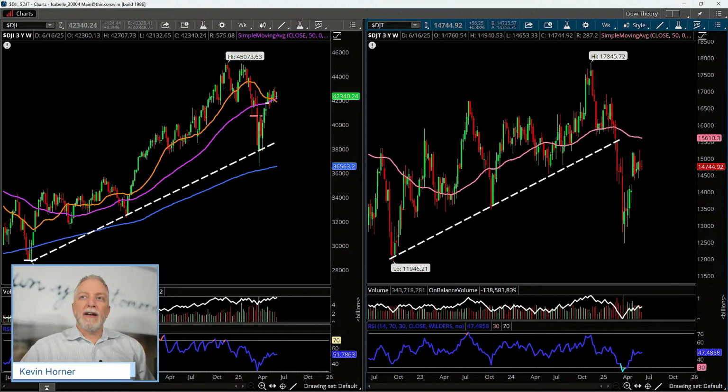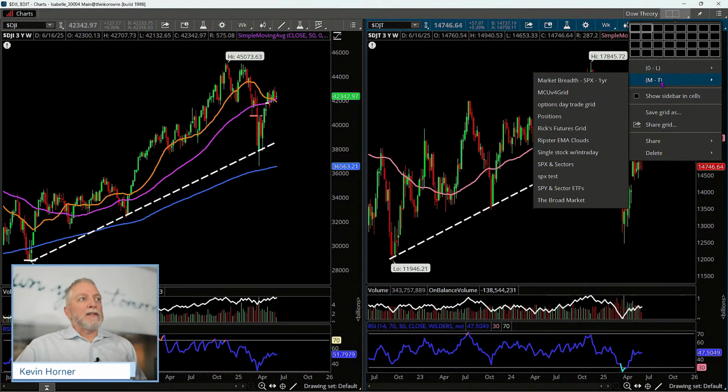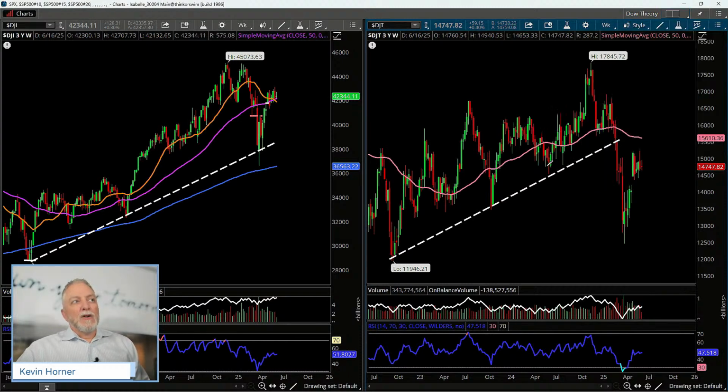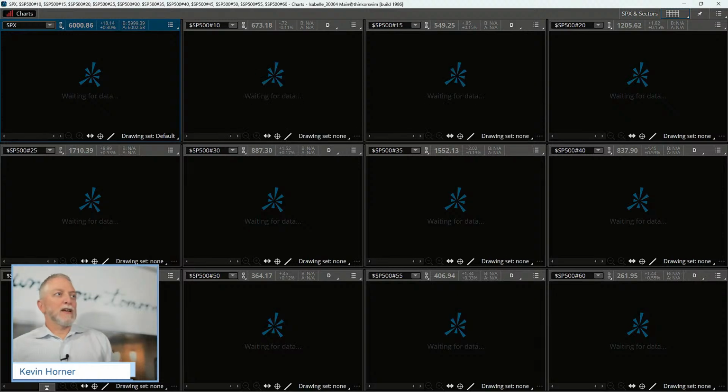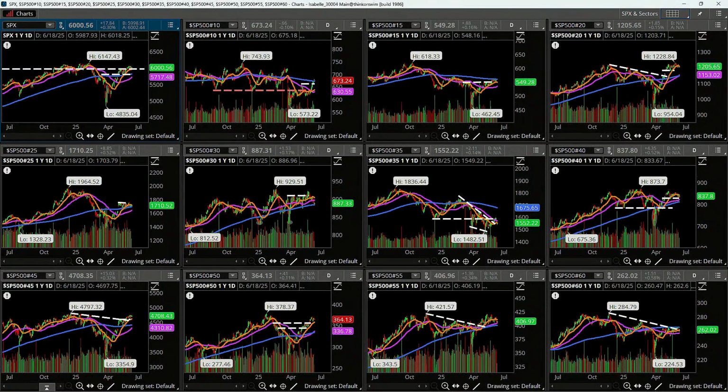I'm going to show you yet another way to look at the market broadly. Some traders want to see a breakdown of all the sectors. So maybe they want to see 12 boxes. Give this a quick second to load, everybody. What are we looking at here? I've got the S&P 500 in the upper left corner, and the rest of these boxes are individually the 11 domestic sectors of the US market.